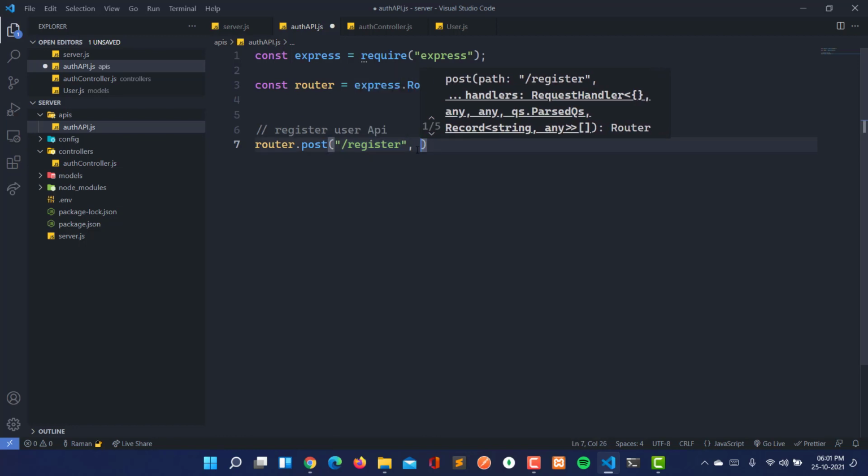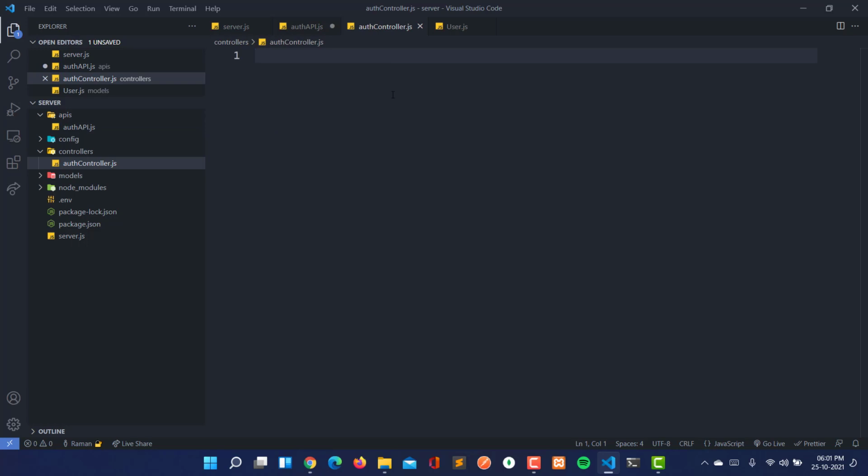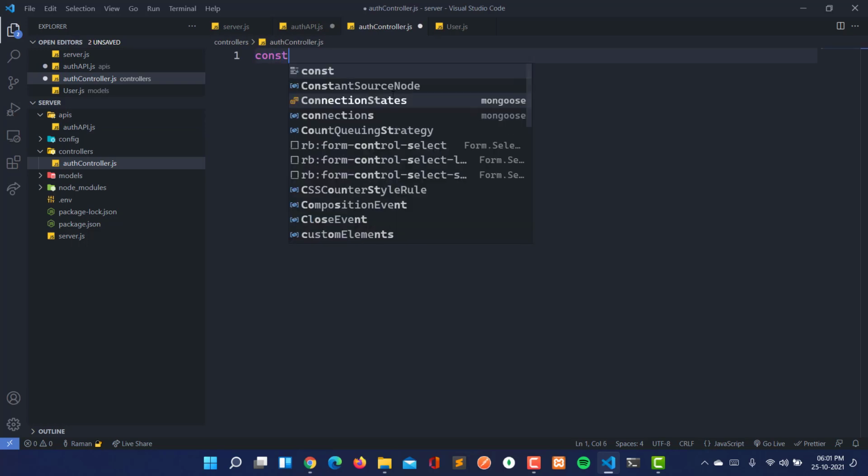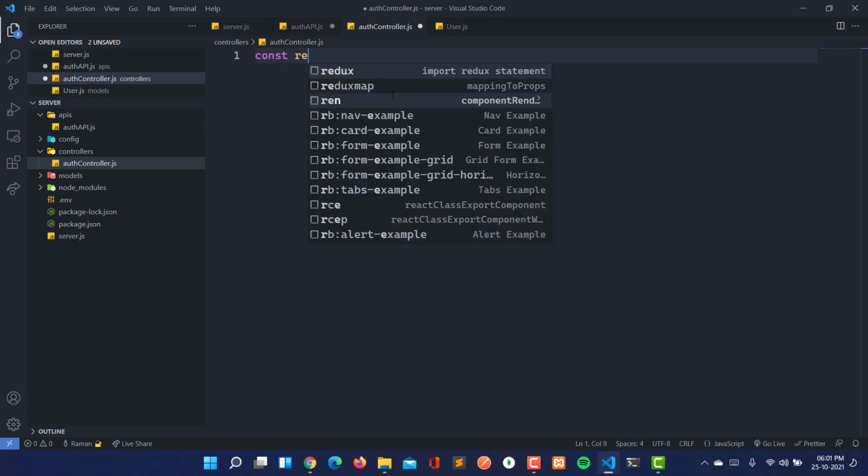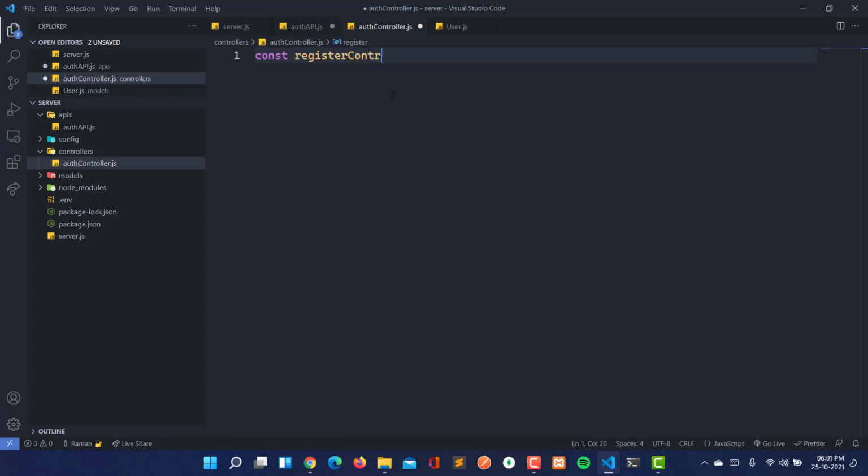Then here we need to add the controller. So let's first of all create the controller here, that is the register controller. In the register controller, first there will be the request and then the response.